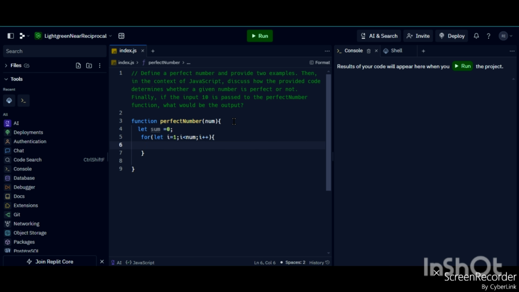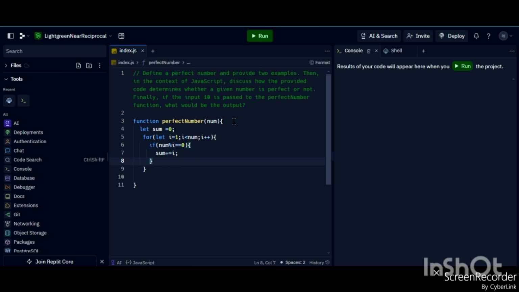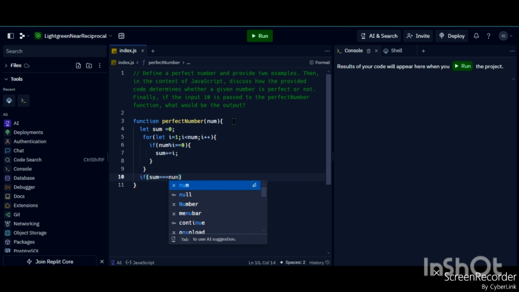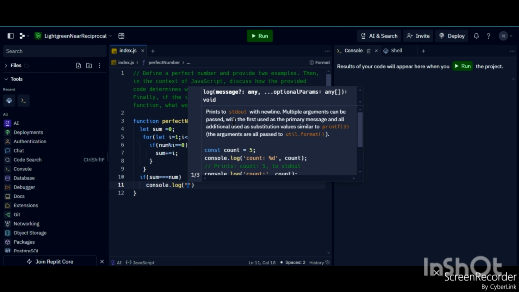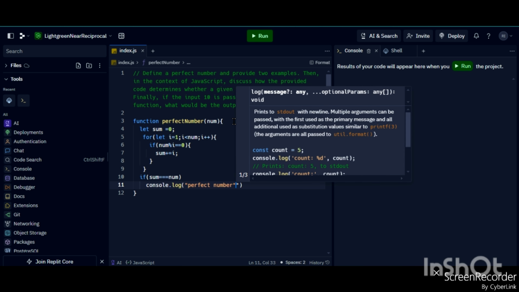Now I define one condition: if num modulus i equal to 0, then sum plus equal to i. Then if sum is strictly equal to num, then console dot log, that is going to be a perfect number.